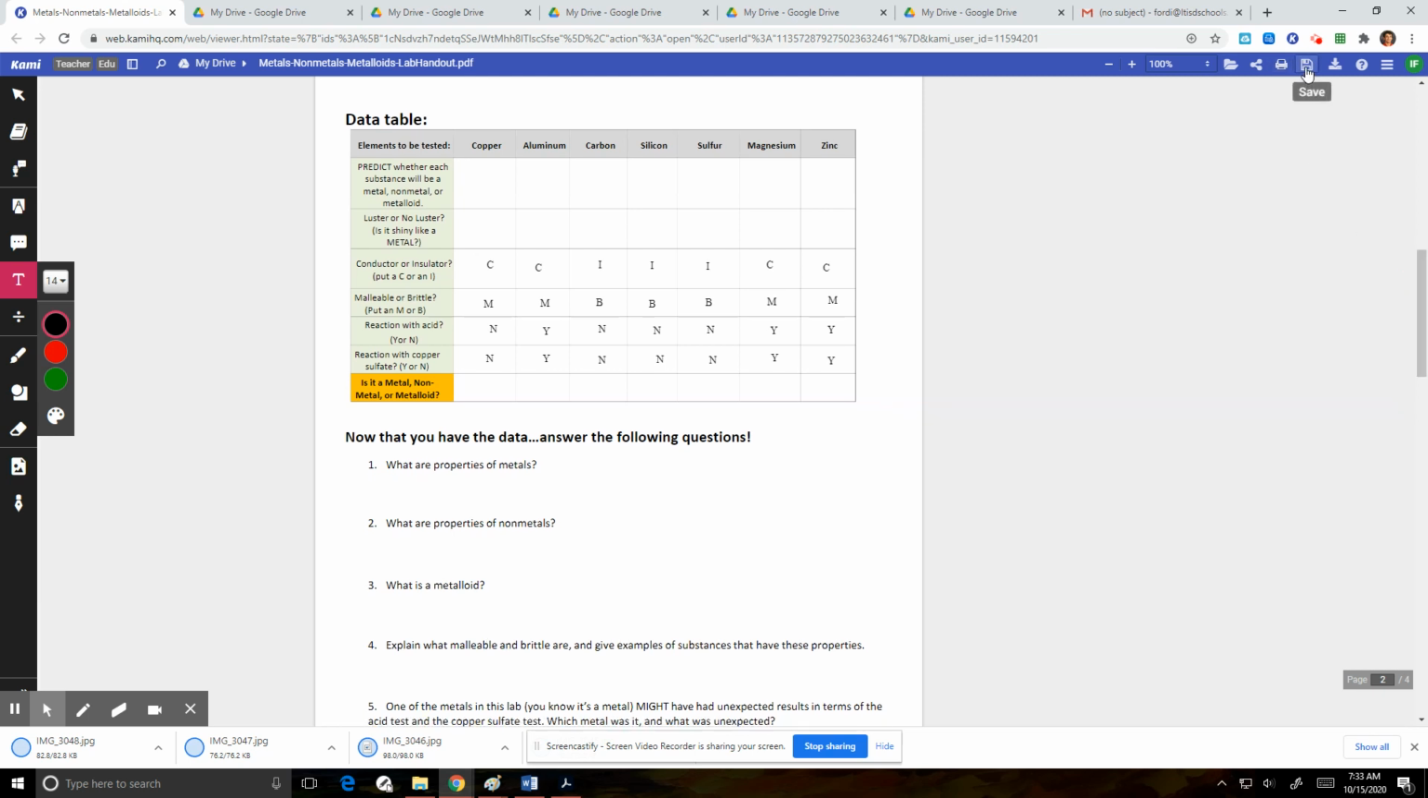Up at the top right, where mine says save, yours is going to say turn in. You're going to turn that in to me, and then be prepared for tomorrow. We're having a follow-up assessment on Schoology to make sure that you understood the